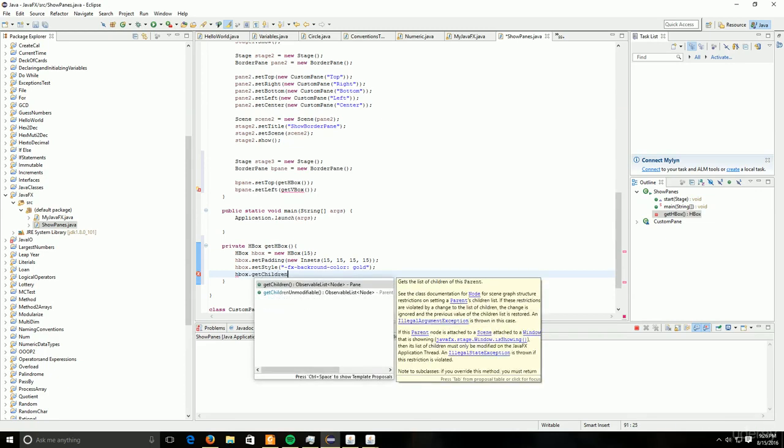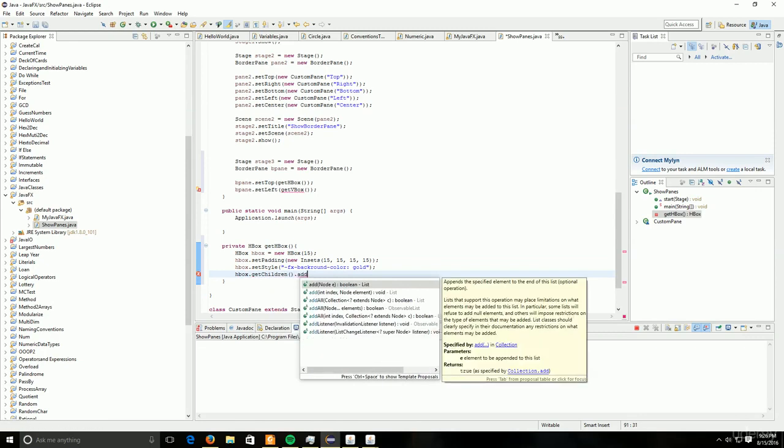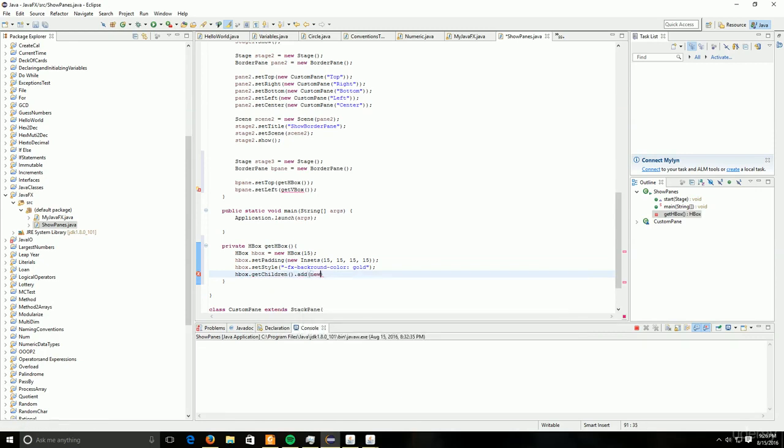So we're going to say hbox.getChildren, so that we can get that observable list, .add, and we want to add a new button. So we're going to say new button with the computer science name. Now that we have this, we've now created a button with the appropriate name, and it's been added to the